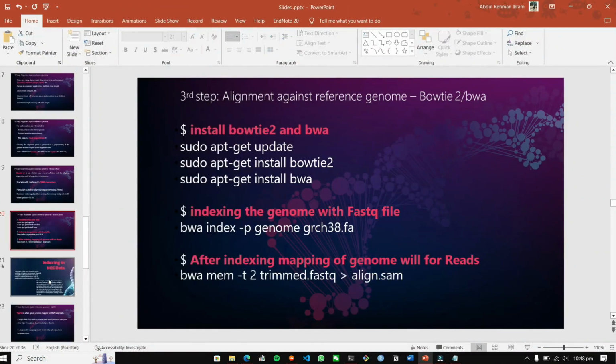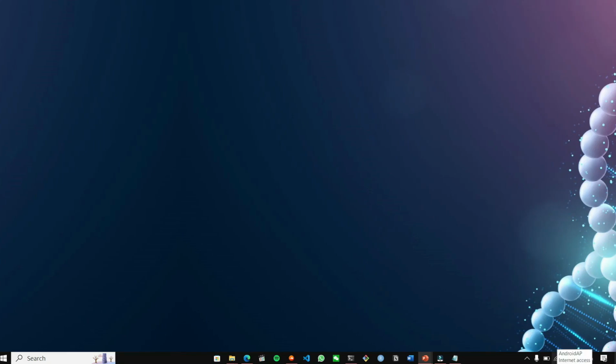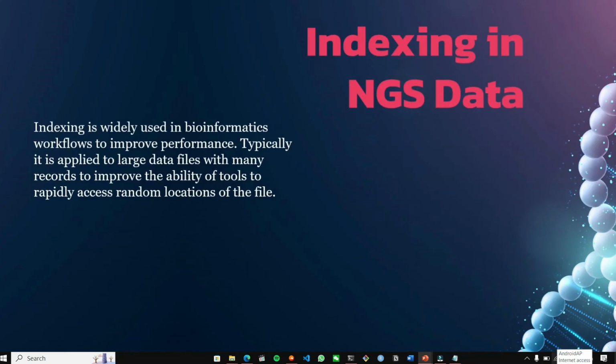For example, if we have the alignment against the entire genome, and we want to visualize those alignments for a single gene on chromosome 17 in a genome viewer, for example, IGV is a genome viewer, we don't want the viewer to scan through the entire file. Indexing allows us to jump to the right place.